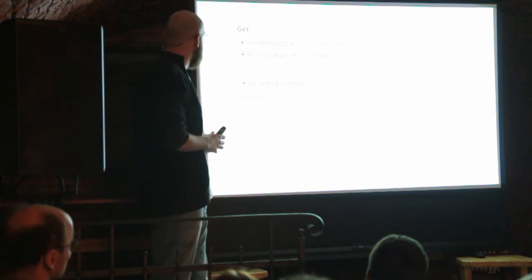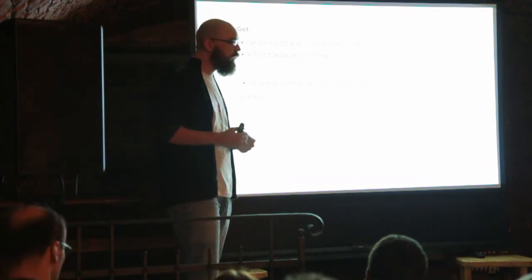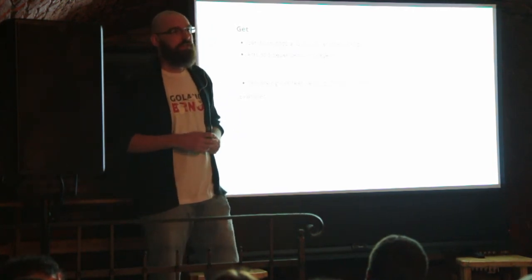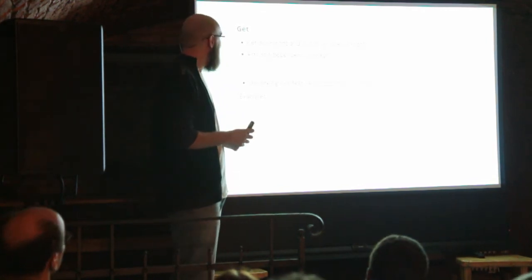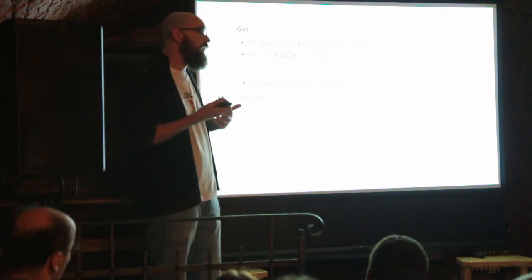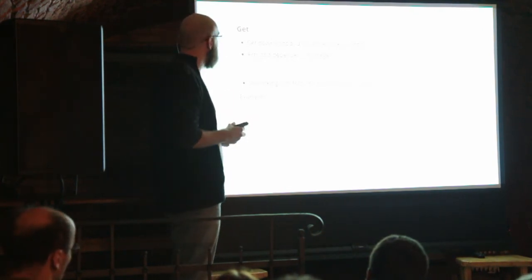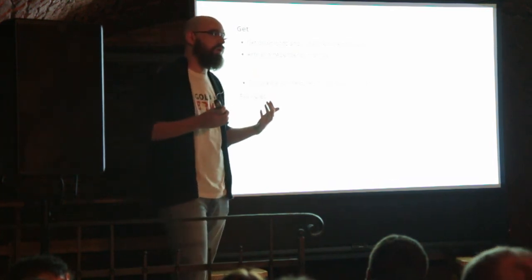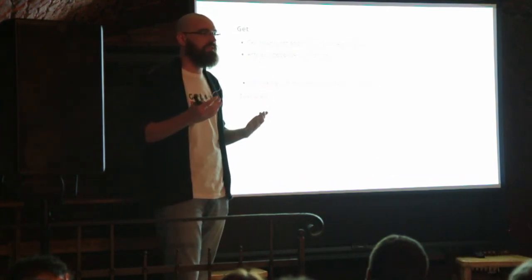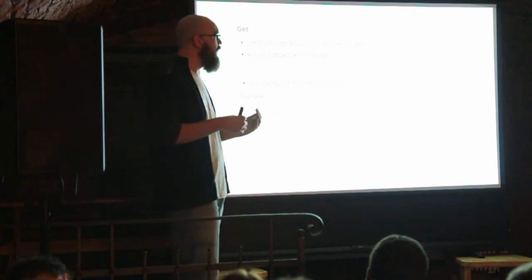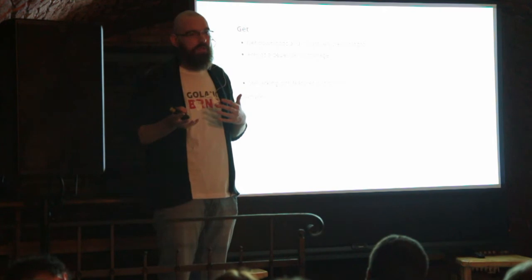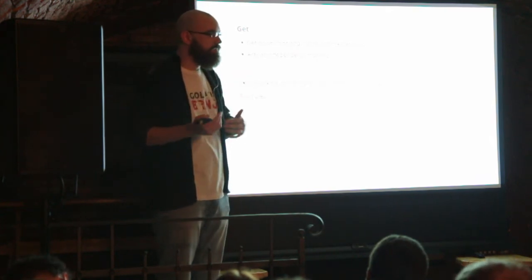Next one is GoGet. GoGet is both a loved and a hated feature of Go, because it acts as a dependency manager, but it's not quite a dependency manager. How it works is it downloads all the projects that you want to use as dependencies and installs them into your workspace. It is basically the equivalent of git cloning the repository you want to use and then running Go install.